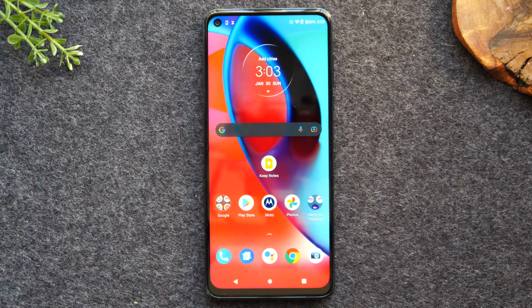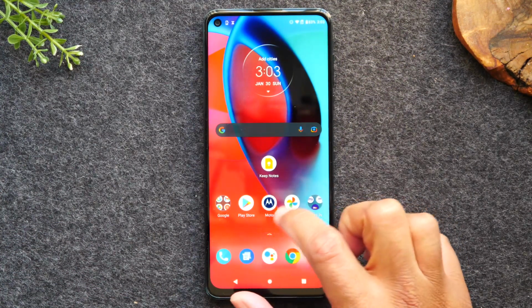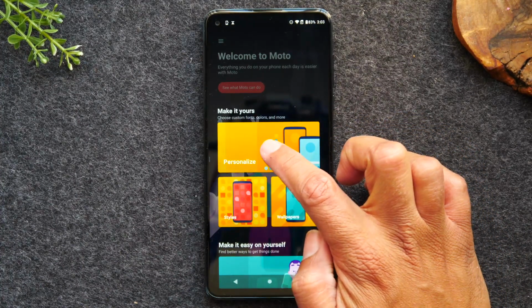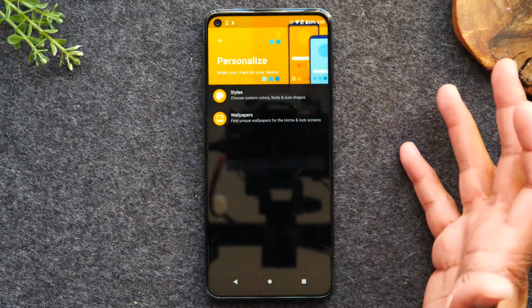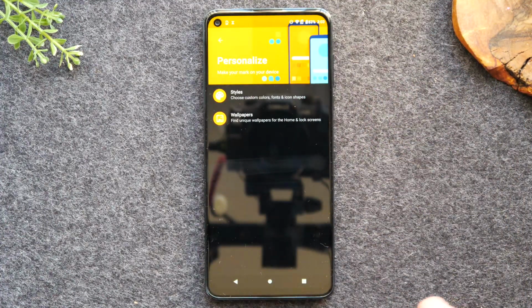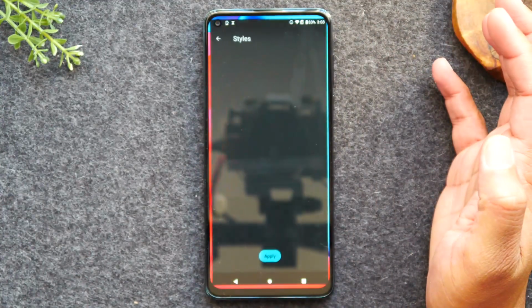All right, in our very last tip, we're going to show you just some ways to customize your phone. Now all this is going to take place in the Moto app. So tap on the Moto app on the home screen. You're going to tap on personalize, but in here you'll find a couple of cool options to really make your phone look more unique to you. Hit style,